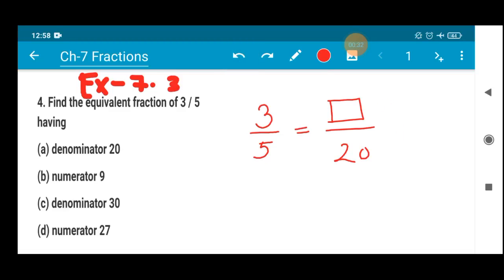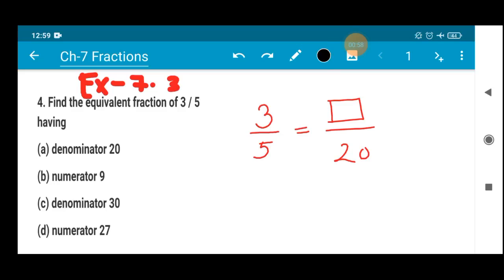The sum, is it very familiar to you, which we have done in the last class? Yes, it is very familiar. It is very similar to what we did in the last class. The fraction which we are finding here is an equivalent fraction. In yesterday's class, the fraction we made in which the box was not given, the numerator value was not mentioned, will be called an equivalent fraction.